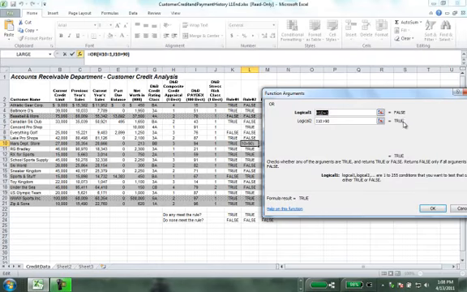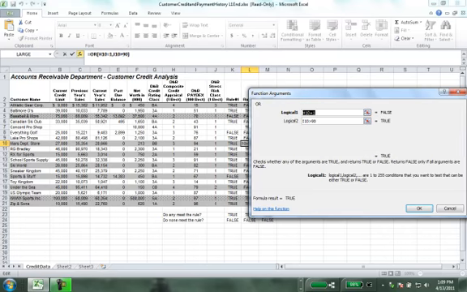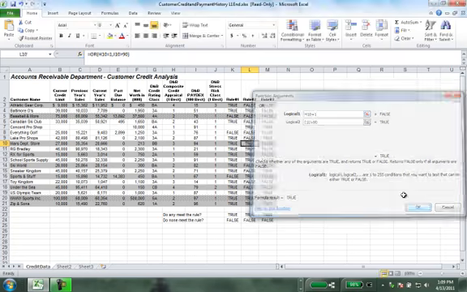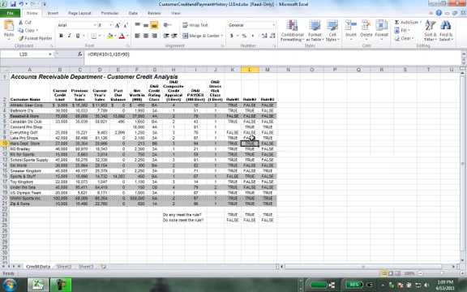As long as at least one of the arguments is true, it'll come back as true. And that's sort of, for those of you that have had access, the old and or function, where it has to meet one of the criteria. And again, you can have up to 255 of those things. And if 254 of them are false and one of them is true, it'll still come back as true. So again, that can be useful, and they have an example here using that particular